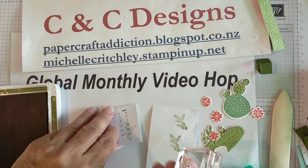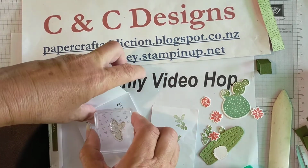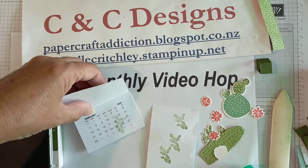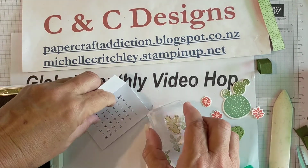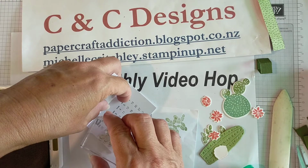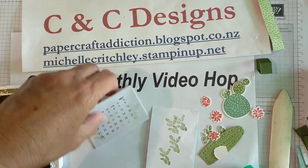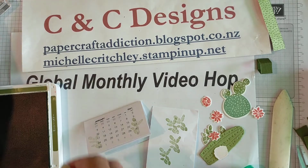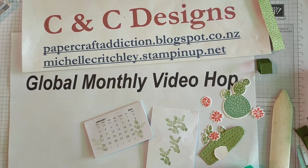So that just gives you a little kind of decorativeness on your calendar. And you can do other pages, you can go on other sections and put your decoration wherever you want, right in the middle. And you could go right through, but I suggest doing this before you stick your calendar down. So that's a couple with the Mossy Meadow, and then I'm just going to do some flowers on there